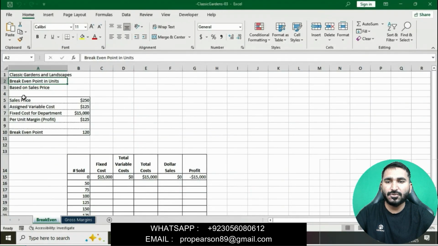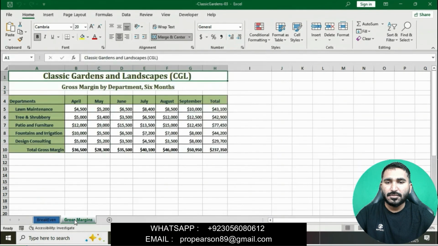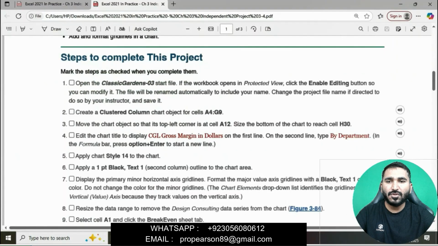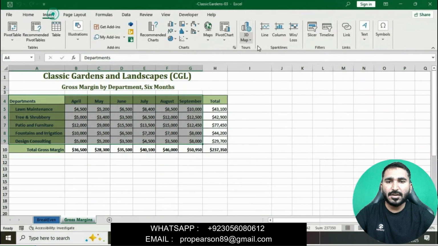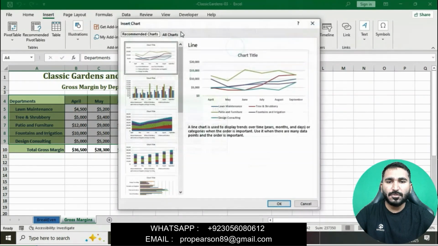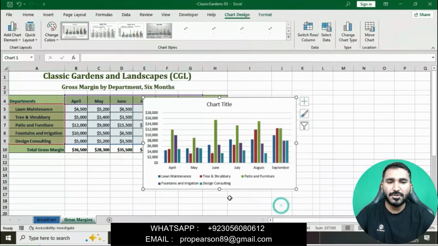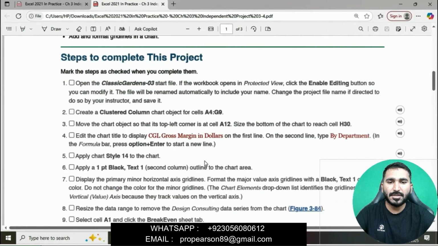Where is A4 to G9? Now moving on to the Insert tab, go to the Charts group, All Charts, Column chart, Cluster Column chart. The cluster column chart will be inserted.